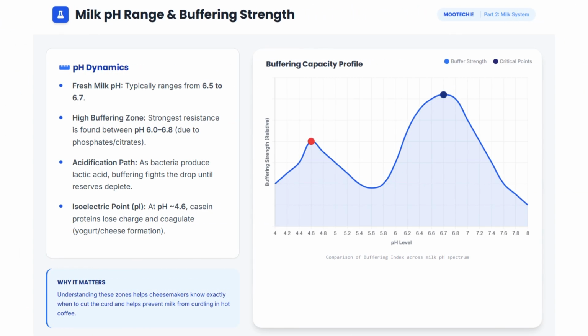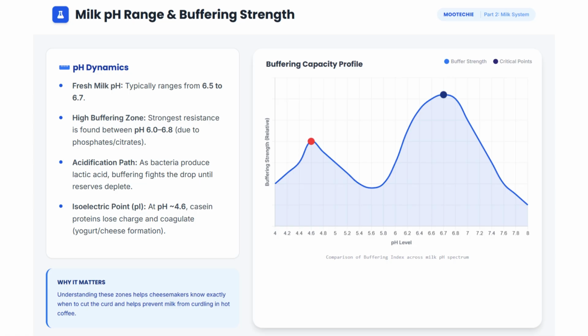Let's understand the milk pH range and its buffering strength. The pH of fresh milk typically ranges from 6.5 to 6.7. The high buffering zone, where it has the strongest resistance, is found between pH 6.0 and 6.8, thanks largely to phosphates and citrates. As bacteria produce lactic acid during fermentation, the buffering systems fight the pH drop until their reserves